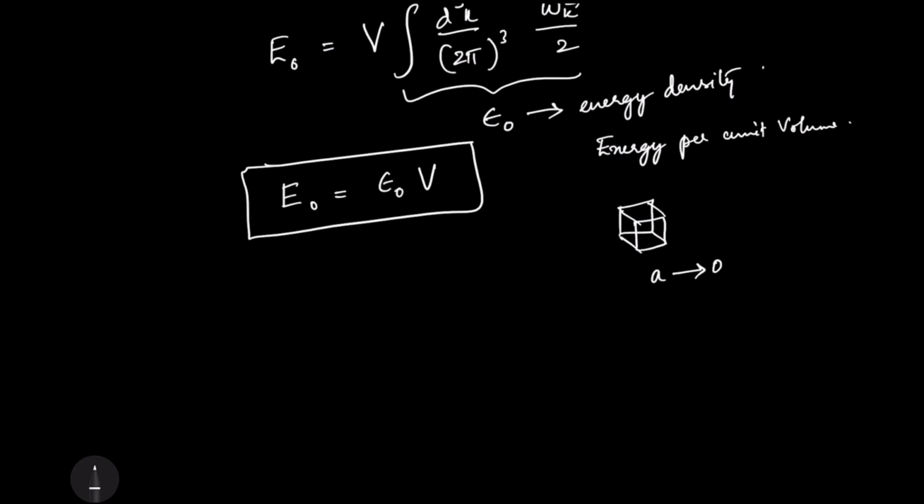So in quantum field theory, within any volume, you definitely have infinite number of degrees of freedom, right? Because when a tends to 0, we have seen that it is an infinite number of harmonic oscillators, or infinite number of degrees of freedom. So when you take energy per unit volume in quantum field theory, within any volume you will definitely have infinite number of degrees of freedom, and this will lead to the divergence of the energy density, which means that energy density